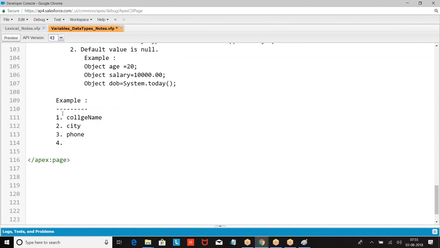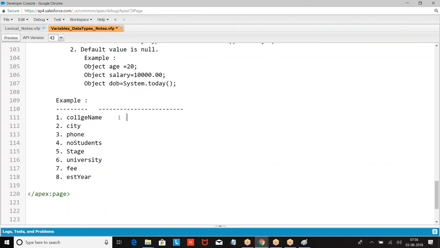Now, I want to like number of students, state, which university, established year. Now this is the data. This is the information what you're going to collect about a college.